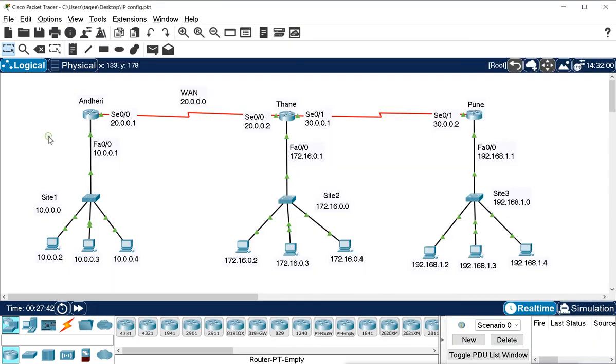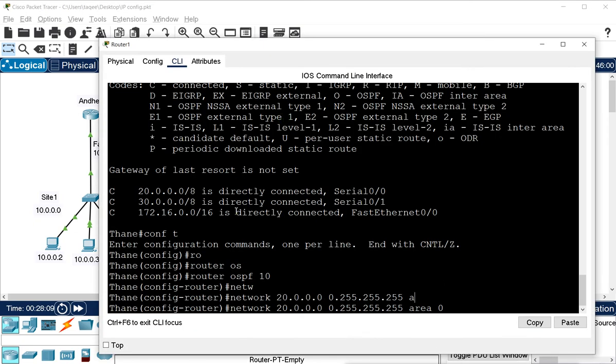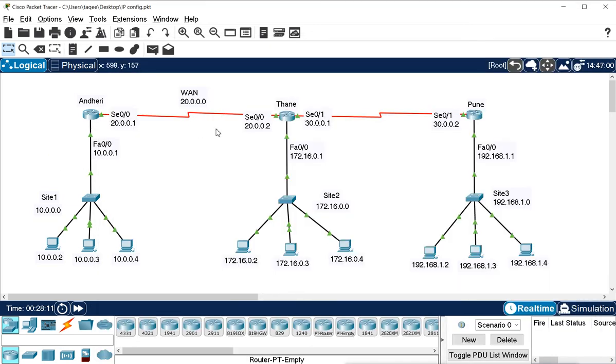So we have already configured this router with this network. So it has already enabled the routing information sending and receiving on this interface. This one is already sending it, and when we configure this router with this network, it will also enable the routing on this interface, and both the routers will start exchanging the information. When I press enter here, both will exchange the information on this interface, and they will actually create the neighborship first.